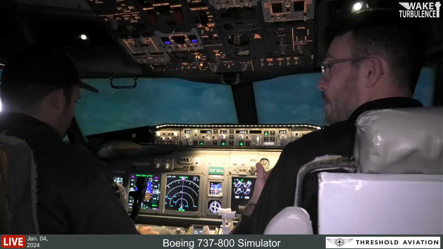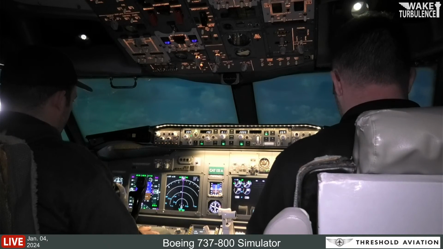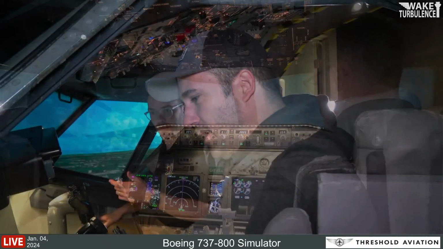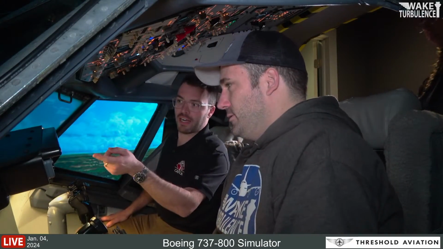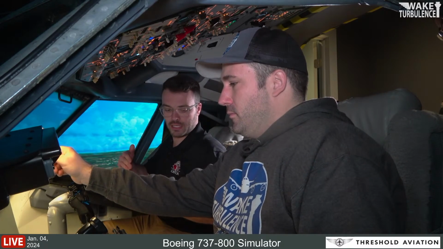I'm wondering when it'll come alive on some sort of display. It usually shows up as like a button down here, from what I've seen. Okay, I would turn left now. Turn left heading for 280.